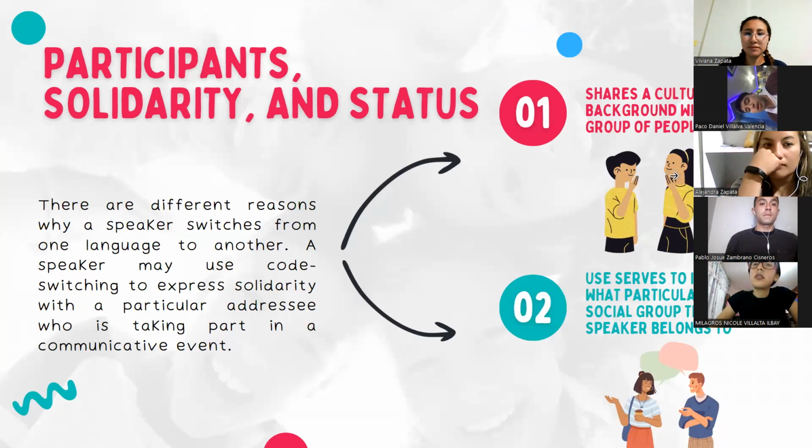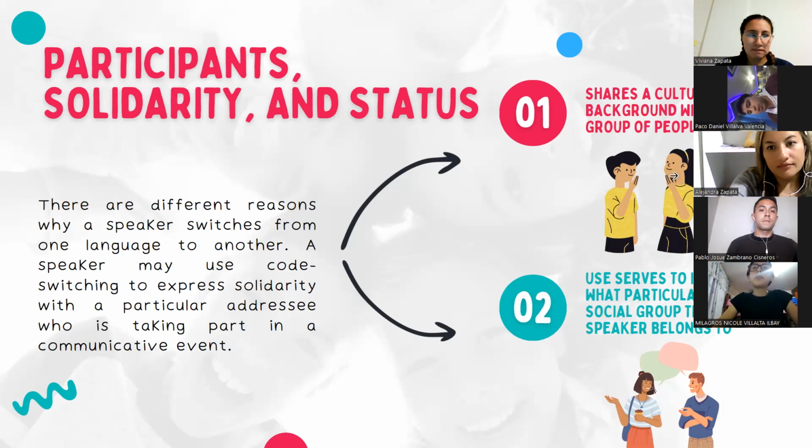Okay, first, I'm going to talk about the participants, solidarity, and status. There are different reasons why a speaker switches from one language to another. A speaker may use code switching to express solidarity with a particular addressee who is taking part in a communicative event. There are two types of events that we are searching. The first one shares a cultural background with a group of people. Such a switch occurs not only with fluent speakers of different languages, but also with speakers who are not very proficient in a second language. Those who are not very skillful in speaking a second language tend to use short phrases